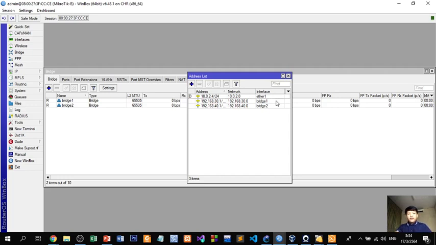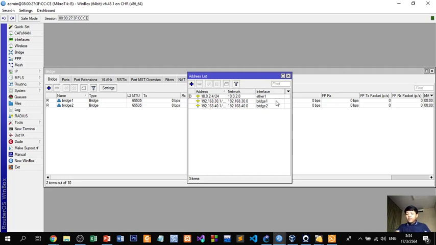And after we set the IP address for each subnet, each bridge,